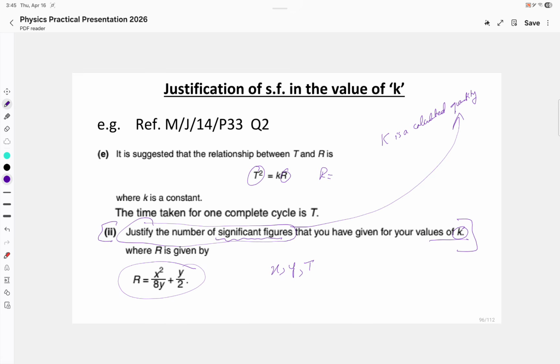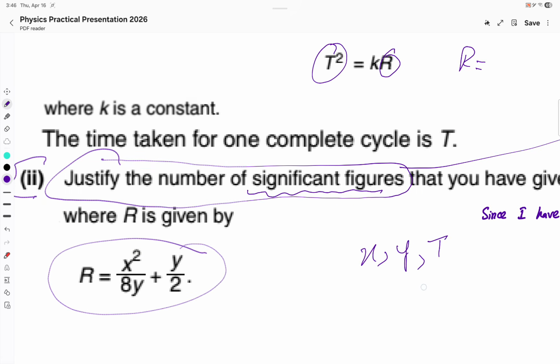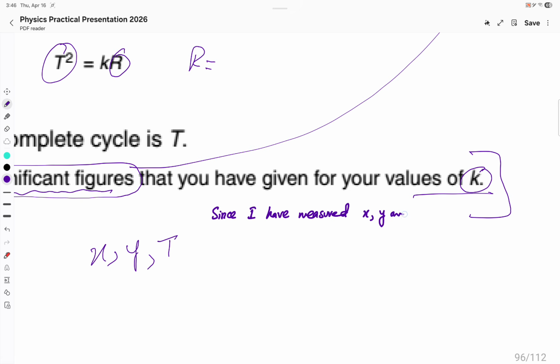So how to write the justification, right? Here I'm giving an ideal answer, in a very natural tone, like how a candidate is supposed to write the justification. Since I have used the word measured, never use the word calculated, okay? Since I have measured x, y, and t up to say 3 SFs,